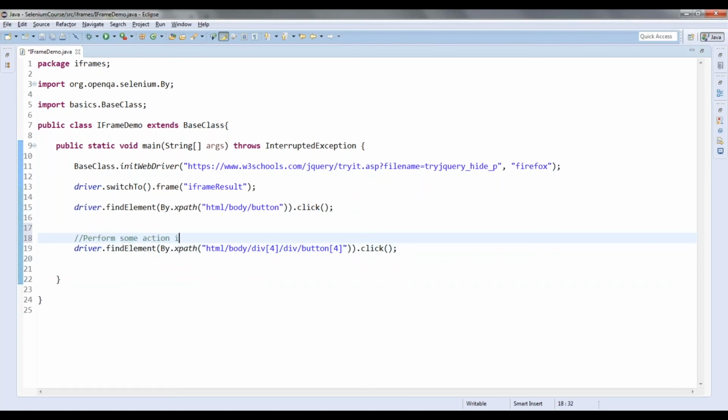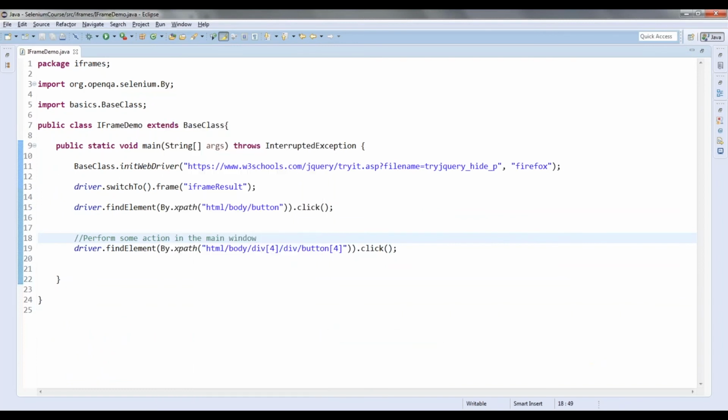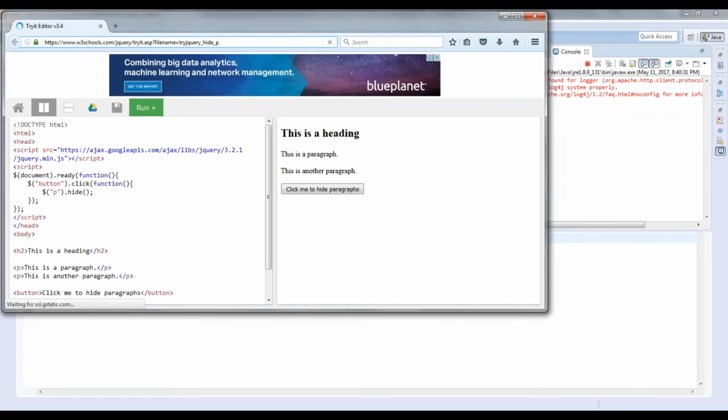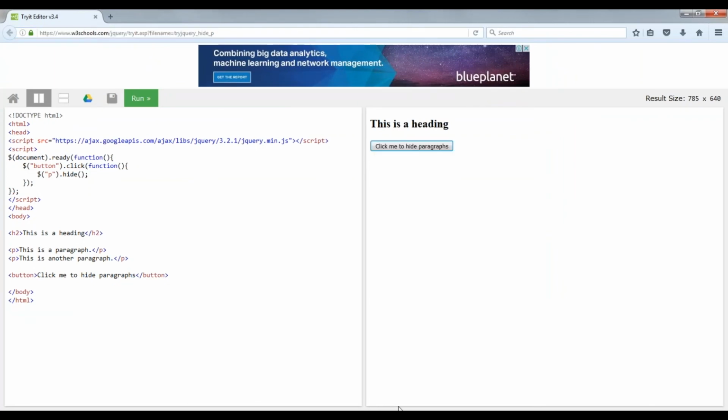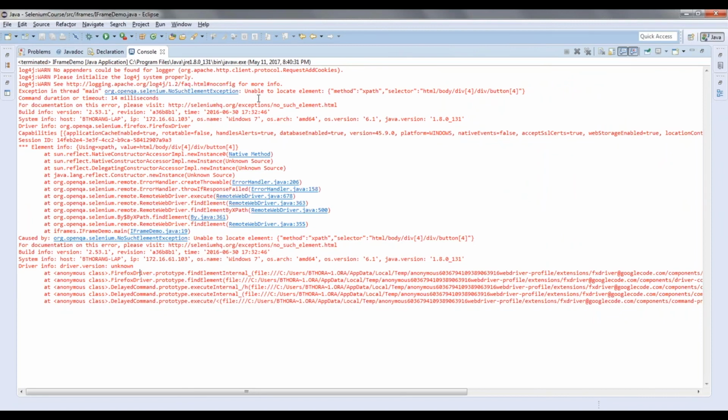So if I run this, you will be able to see it is going to click on that iframe window button. But it should click on run again, but that is going to give you an error message, means no such element exception again.